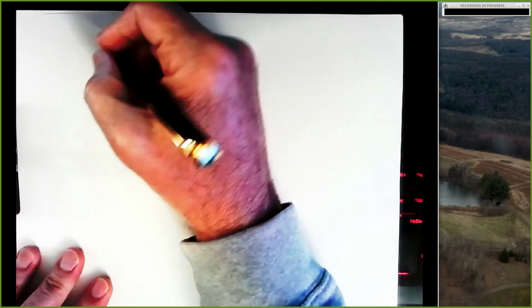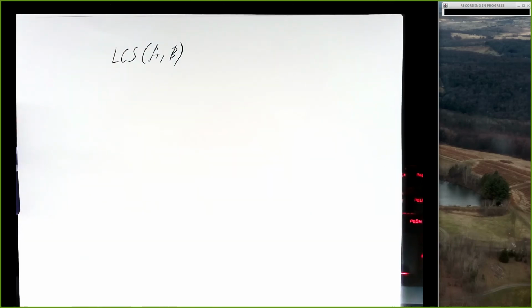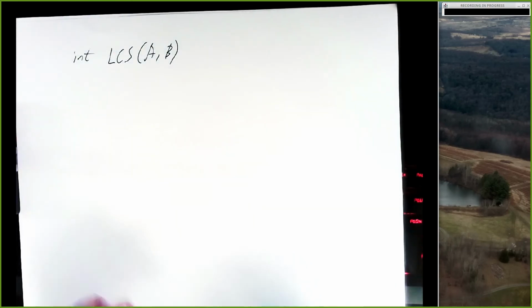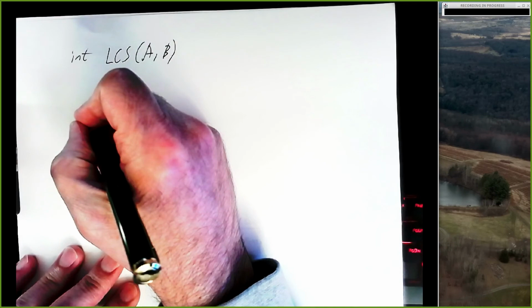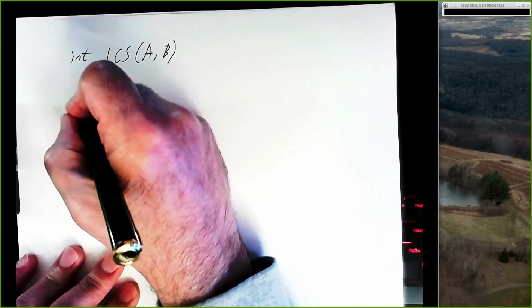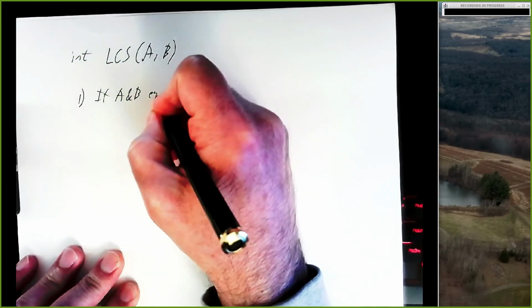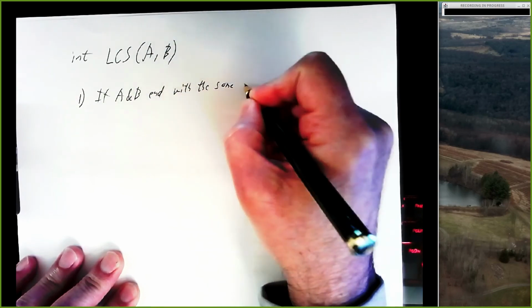But there's a different way we can define that problem using recursion. So, longest common substring of two strings A and B. And this should return an int. I'm just interested in the length of the longest string. So there's two possibilities. Possibility 1: if A and B end with the same character,